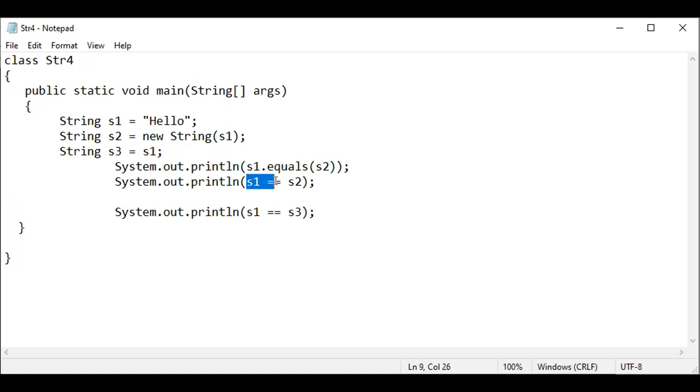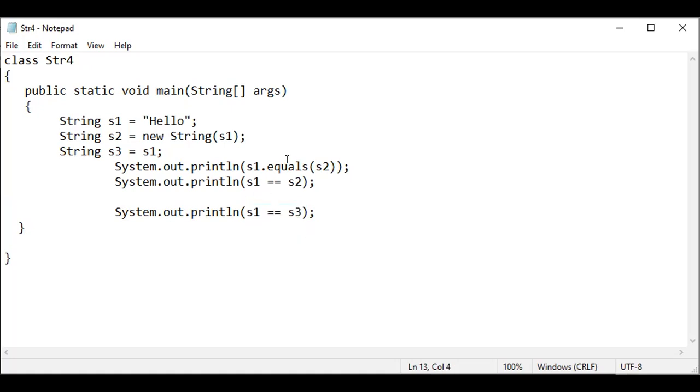But when we compare s1 == s2, this gives false. Why? Because both string values do not refer to the same object. That string hello is separately created, so it is not referred to by the same reference. But when we did s3 = s1, it is true, because both are referring to the same object.